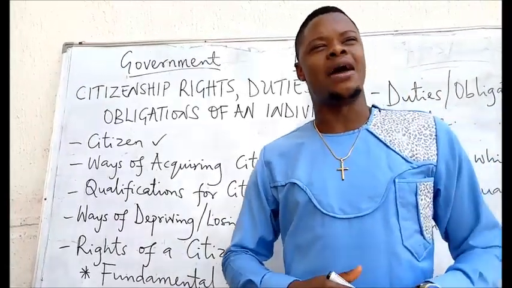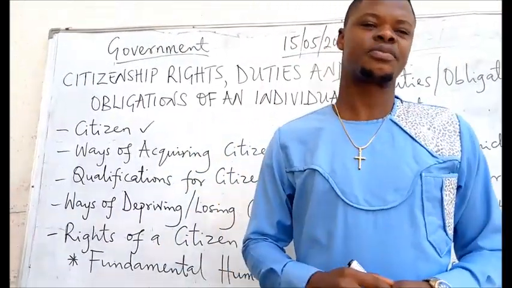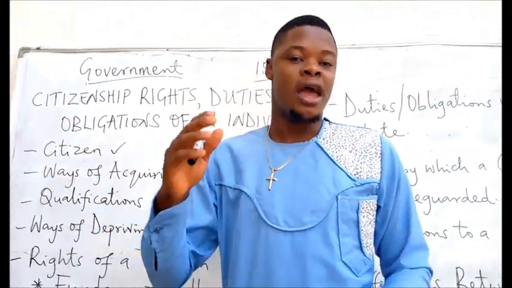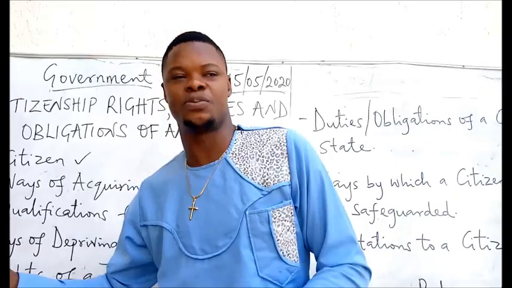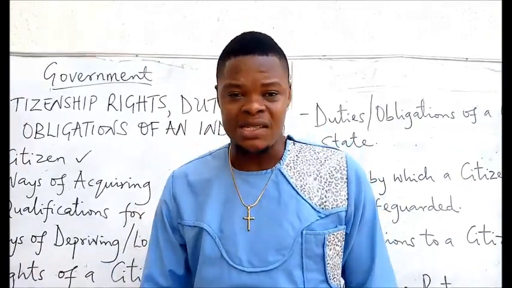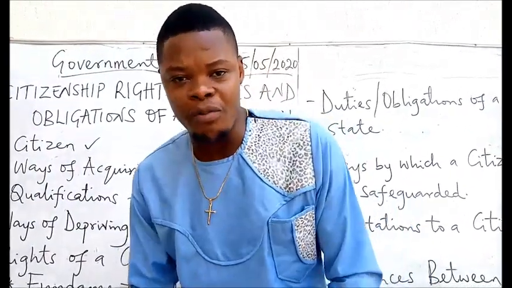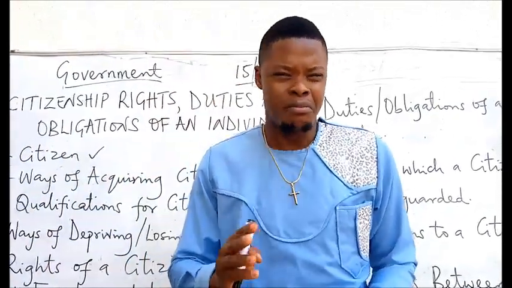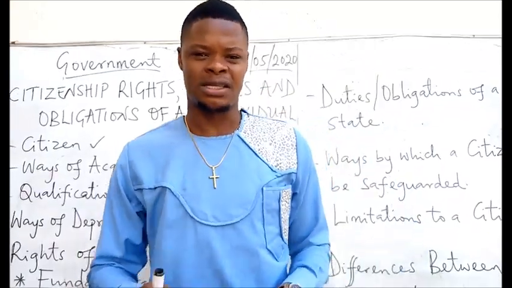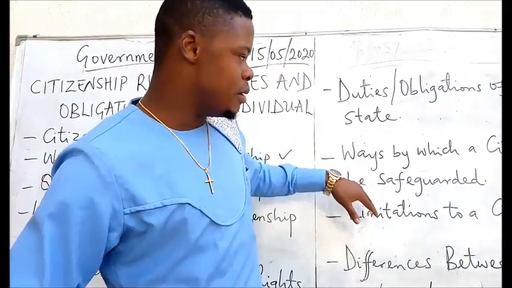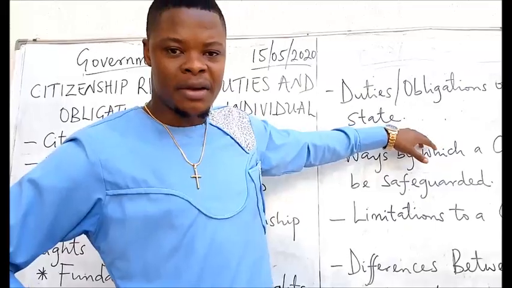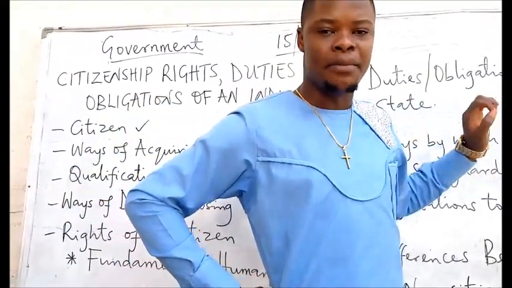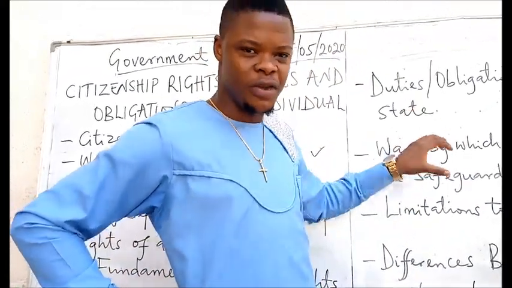Another one is by marriage or registration. For instance, if a Nigerian marries a Ghanaian or a Nigerian marries a British person, then that person, by virtue of marriage, can be registered as a citizen of that country. This mainly applies to women. For instance, when an Indian man marries a Chinese woman, then that Chinese woman can be registered as a citizen of India by